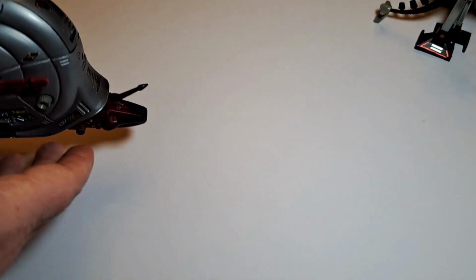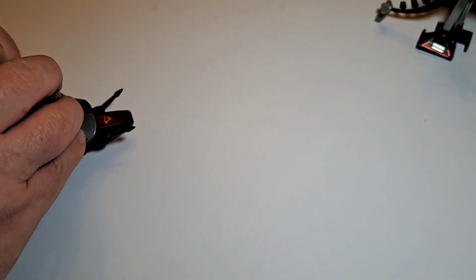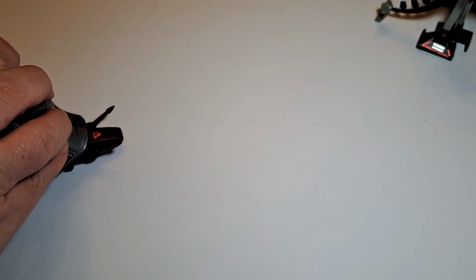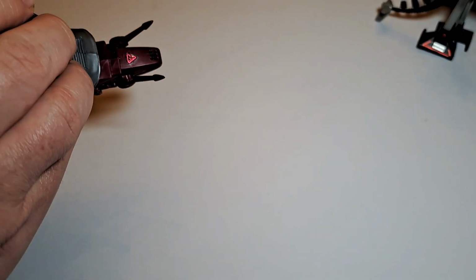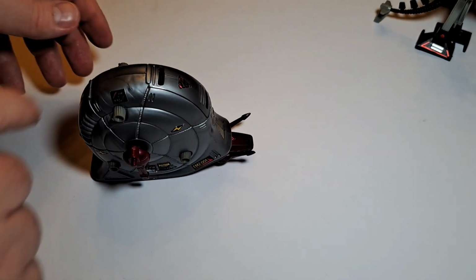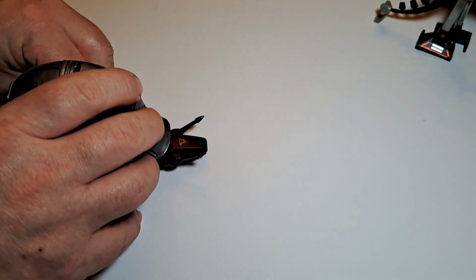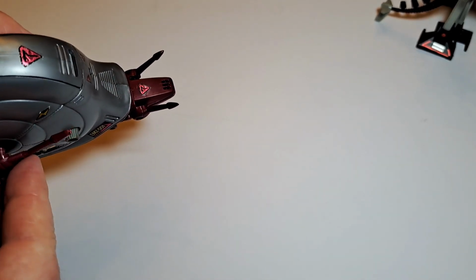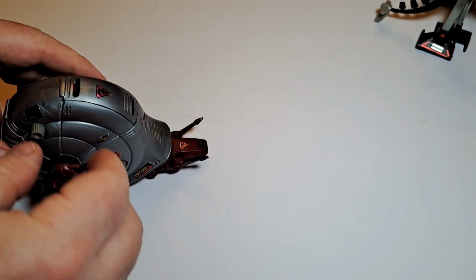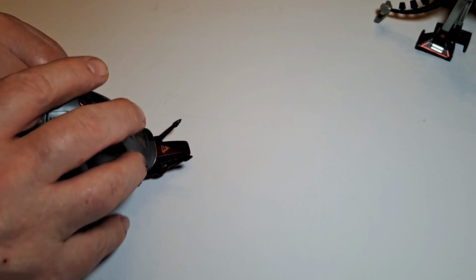So that's the slime. I haven't actually tried winding this one up at all, so I have no idea if this one's got anything in it. It feels like it wants to do something, but I'm not quite sure what. Ooh, that's quite cool. So his head pops in and out as he goes. He definitely had a bit of oomph to him. This part definitely does not want to stay on him. But you can see how easily you would lose chunks of these. I've seen quite a few lots of loose Zoids bits. I had no idea how you'd figure out whose was whose, but...